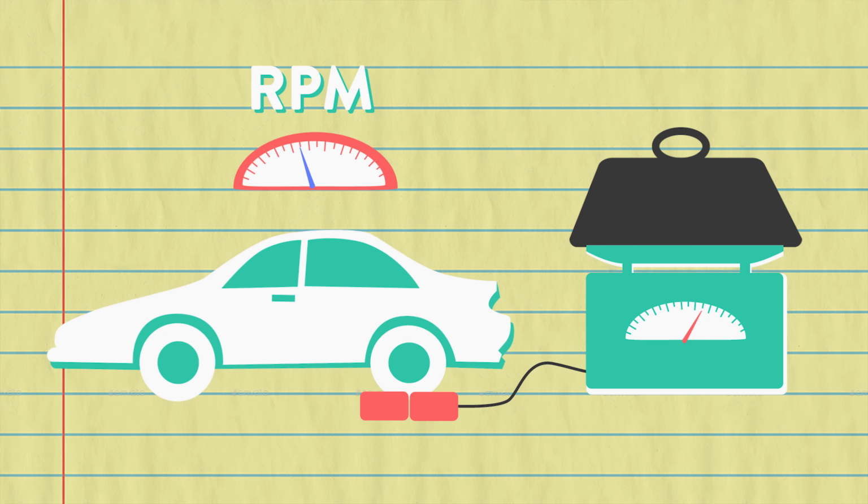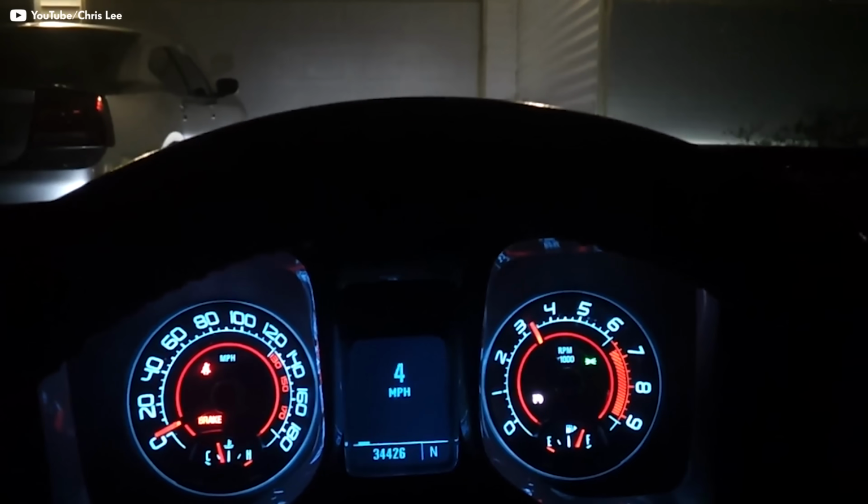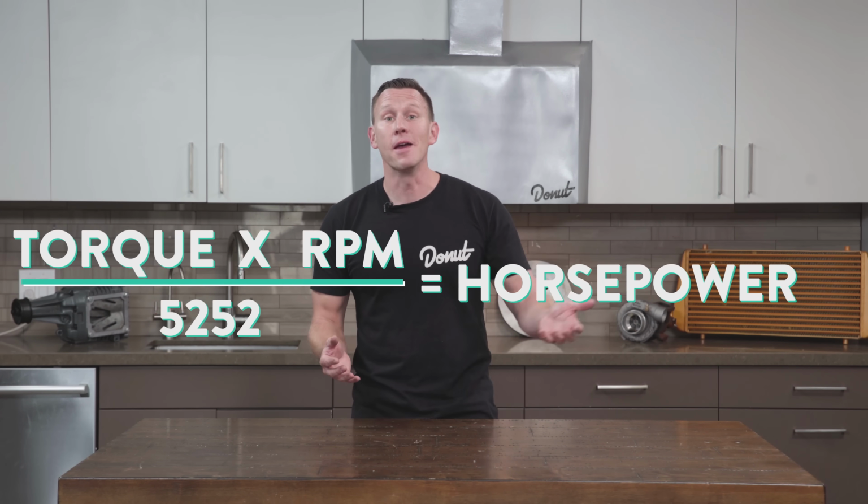Then even more to get it to 6,000, and so on. You can do the same thing starting at 500 RPM, and then work your way up. What the dynamometer is actually measuring is torque. And because of math, to convert torque to horsepower, you just multiply the torque by the RPM and divide it